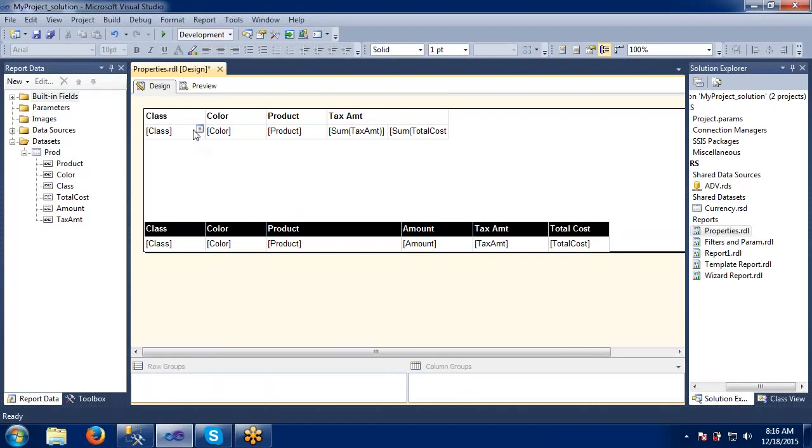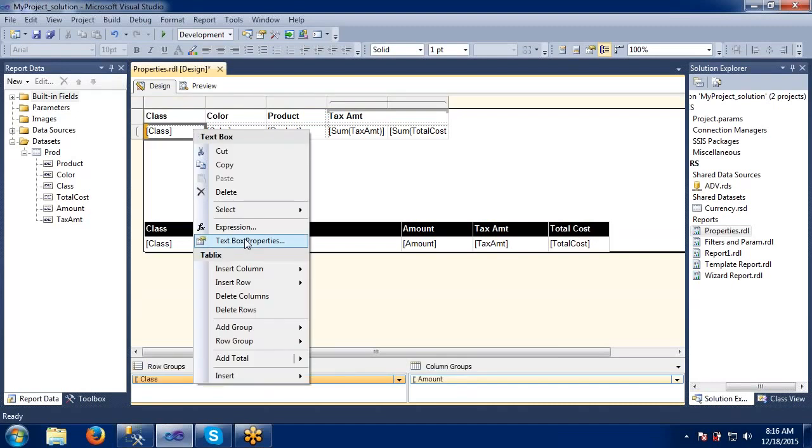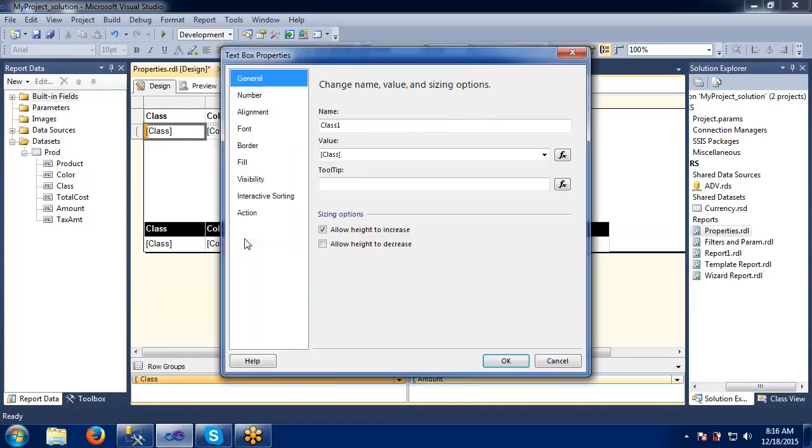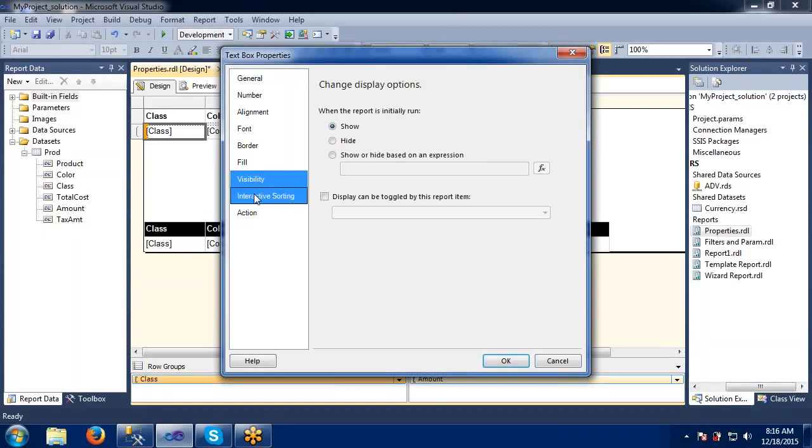Now go to the row group properties, text box properties. Again, these will be somewhat the same options, but the only difference I want to show here is when it's taken to the matrix reports. There will be some visibility option which we have seen right here previously, the toggling option. I just want to show you that option in the matrix reports.